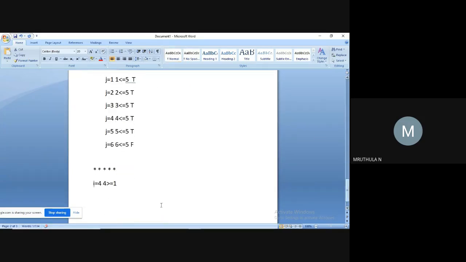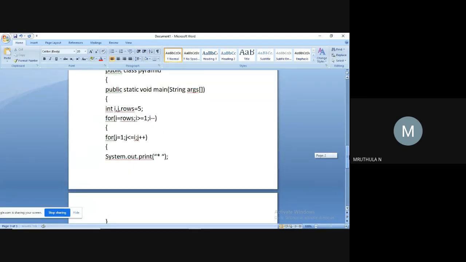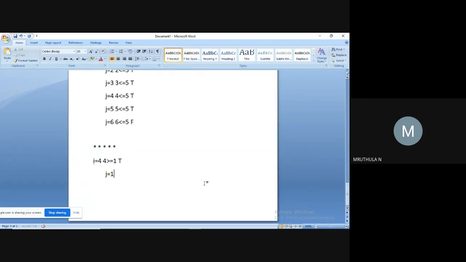The condition is true, so it will enter the body of the for loop of variable i. Then it says j loop, j is equal to 1, j less than or equal to i. 1 is less than or equal to 4.